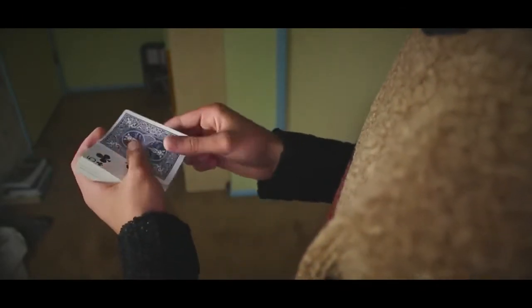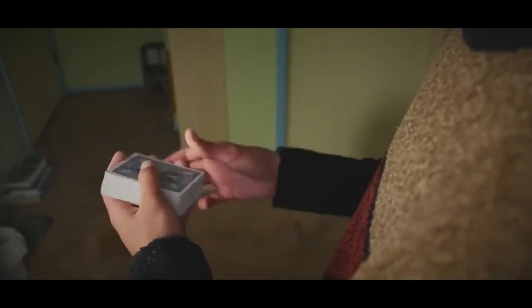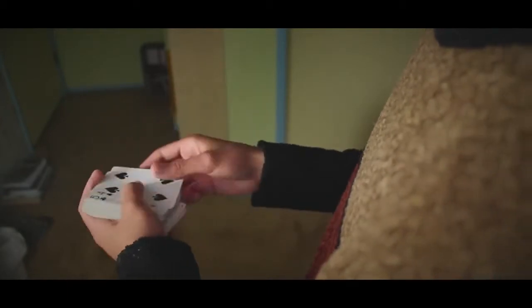I make sure to do it in my left hand, so when my left hand goes out of sight and behind my back, all I'm doing is flipping over this card and then flipping the whole deck over. I do this because when I come back out and the pack is still in my left hand, there's a sense of consistency and there's less suspicion. So once again,